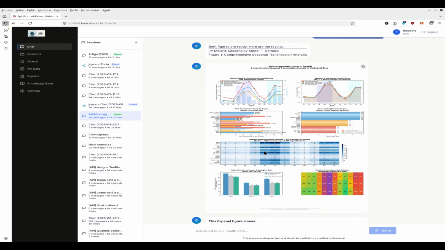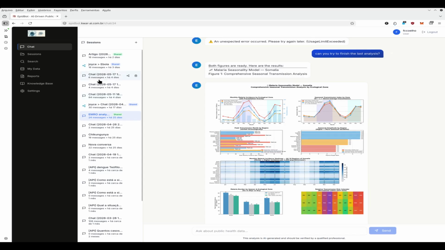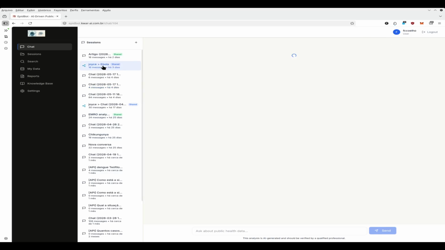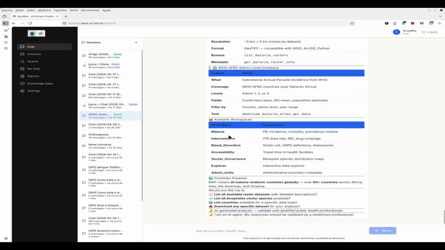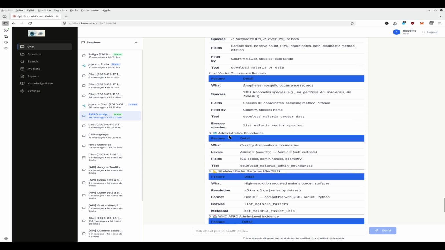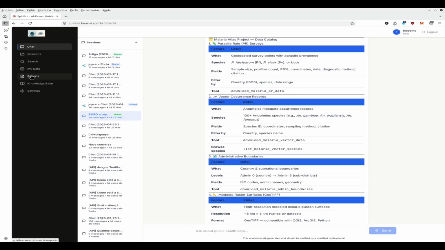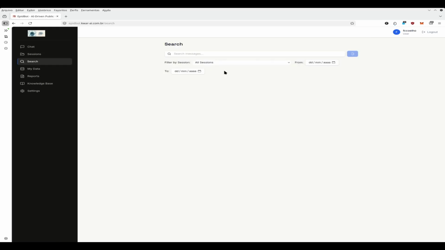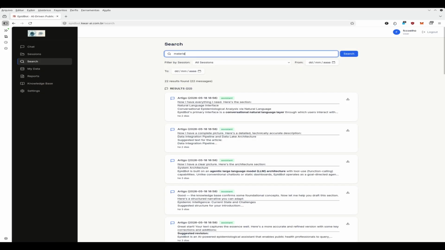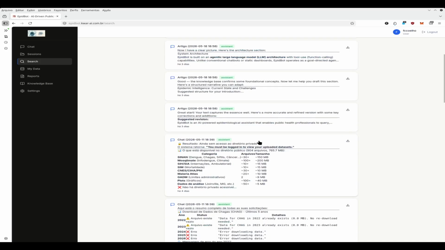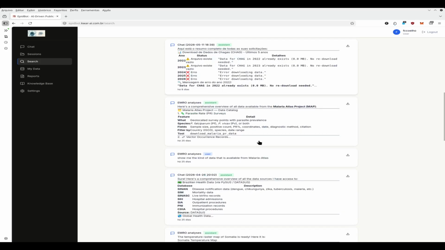It's basically limitless. All your interactions with EpidBot are grouped into sessions. You can easily create a new session by clicking the plus button, or you can just switch to older messages such as this or that, and everything you did before is not gone. It continues to be there for you to continue that particular conversation at a later time. You can also search any session. I can type here malaria, and it shows all conversations that I had on the subject of malaria for me